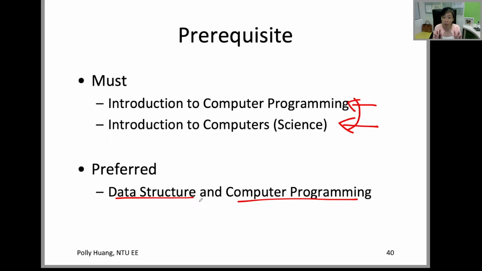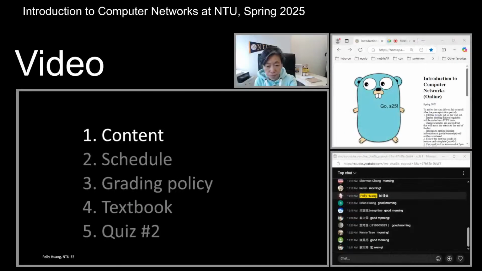So the type of programming we'll be doing here in this course is very different from most of the programming assignments that you run into, taking a computer programming course, taking a machine learning course. Yeah, so you see the programming assignments we have are very different. They are simple and yet difficult for students who are not familiar with system programming. That is why introduction to computer is one of the prerequisites. You need to know the architecture of the computer in order to do well with the system programming.